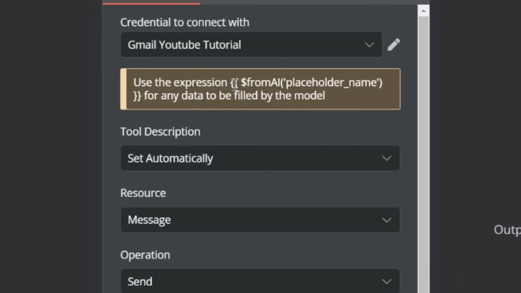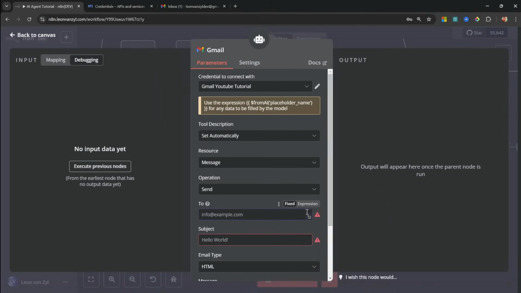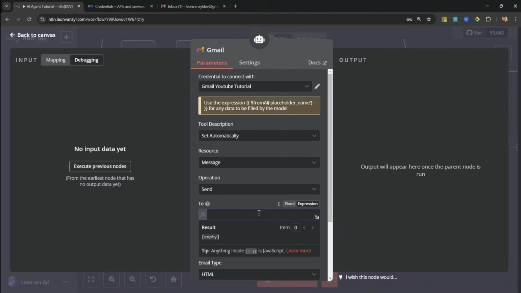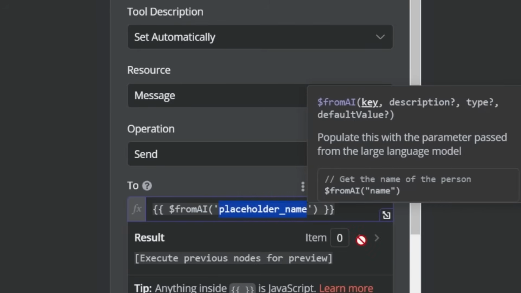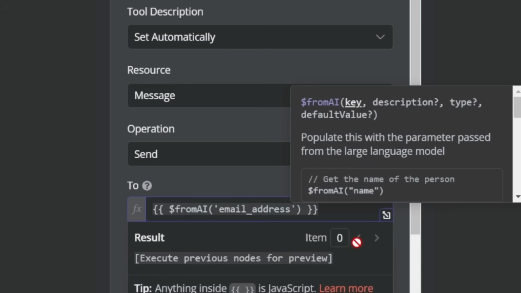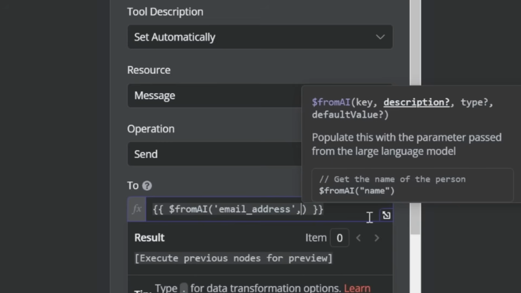They give us this tip up here. They say simply copy this expression. So let's go ahead and copy this all the way to the closing curly braces. Then in the to field, switch over to expression, then paste in that expression and change the placeholder name to something like email address. Now what we can also do, and this is optional, is we can add a comma,